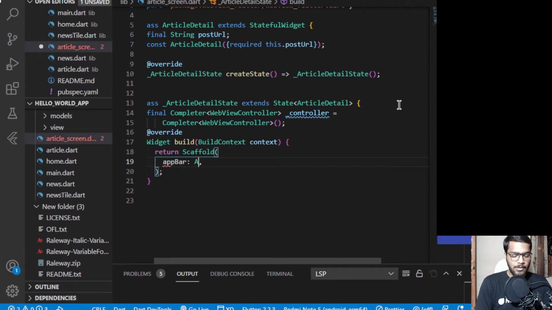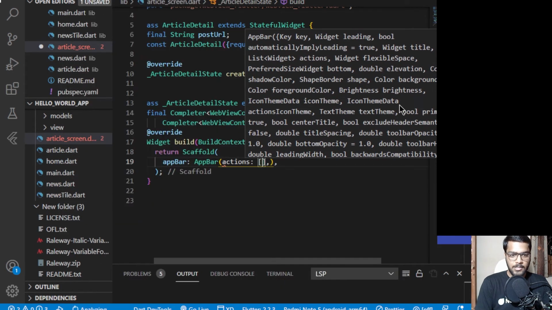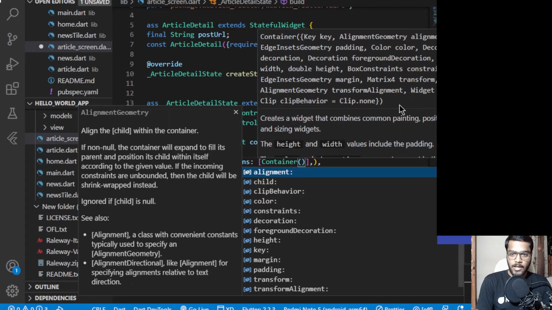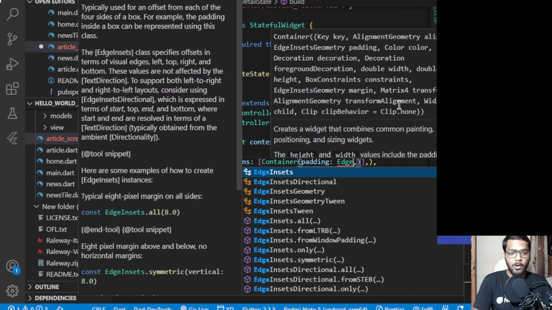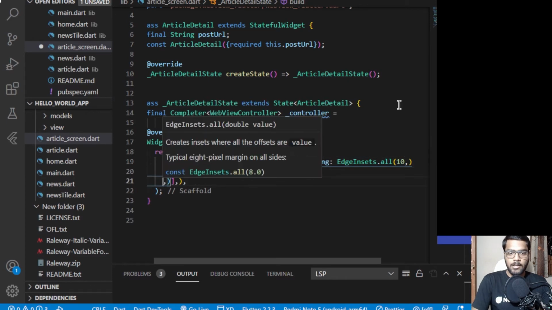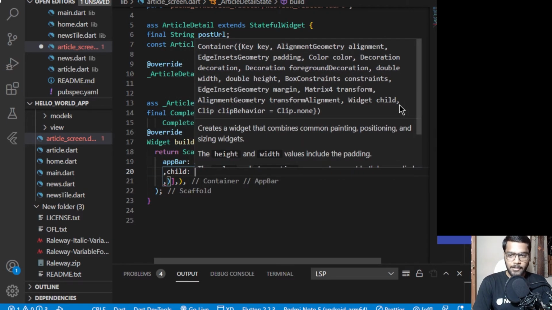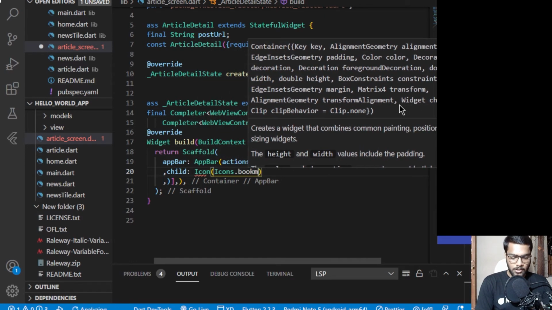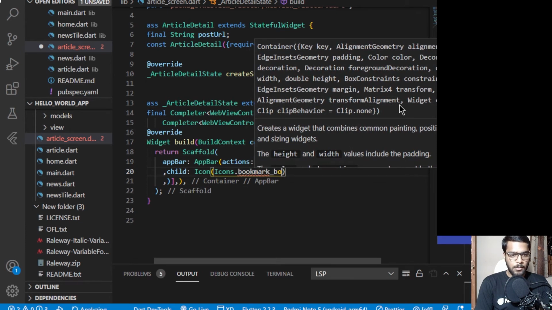So at first inside the scaffold adding an app bar, which will be having some actions inside it. So for the action I'll be adding a container, and this container will be having a padding of all from of value 10 from all the sides. So EdgeInsets.all with the value of 10. And for the child of this container I'll be adding an icon. So Icons.bookmark_border,